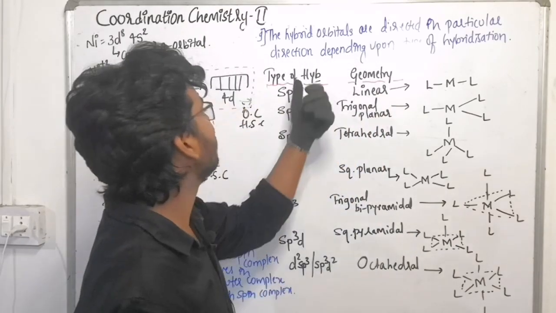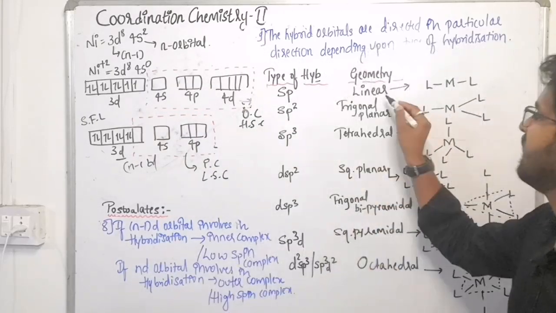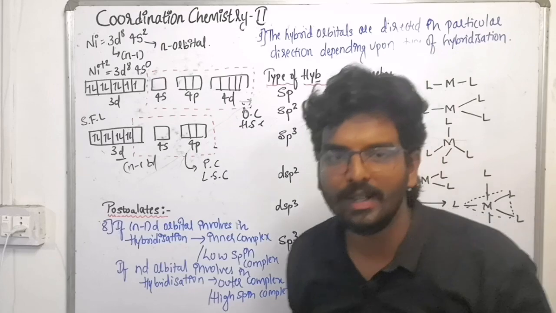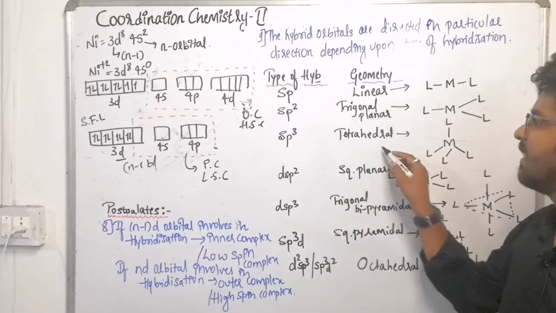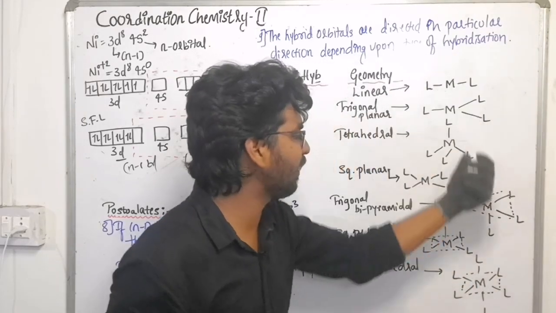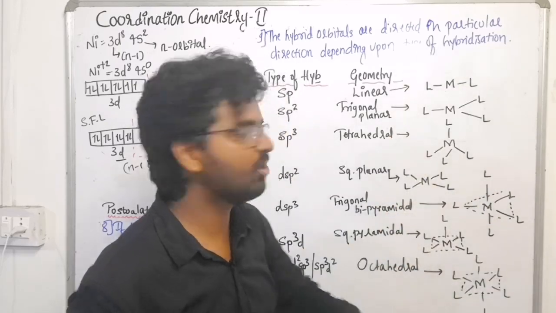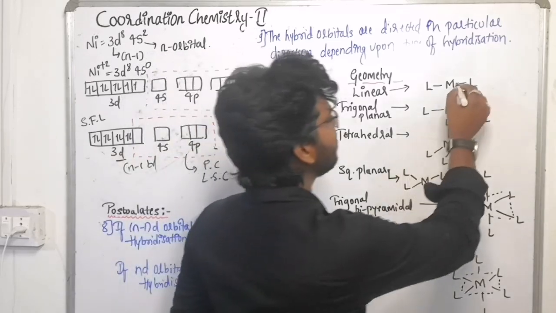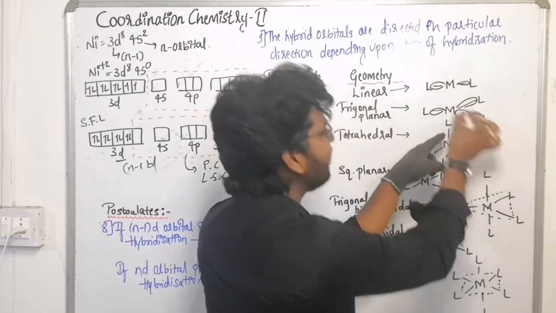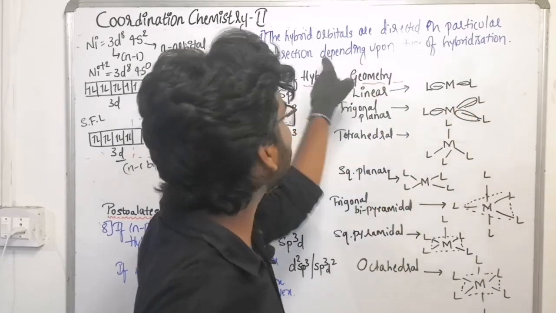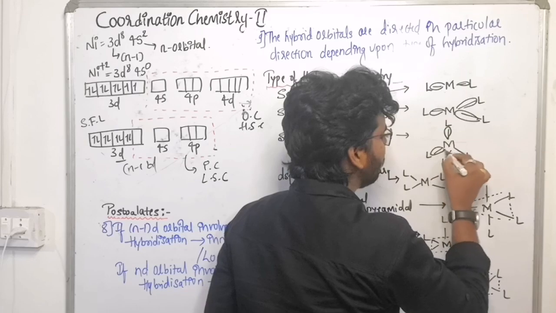For example, if it is sp hybridization, the geometry of that complex is linear. If it is sp2, it is trigonal planar. If it is sp3, it is tetrahedral. You can see the structures here, the geometry of the complex. Here M represents the metal and L represents the ligand. This is how they are arranged depending upon the hybridization. These are the hybrid orbitals, directed in a particular direction depending upon the hybridization. If it is sp3, this is how the hybrid orbitals are